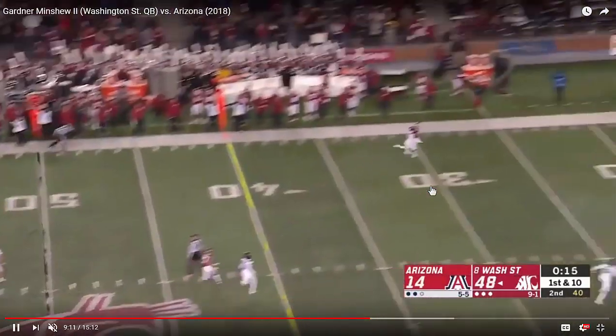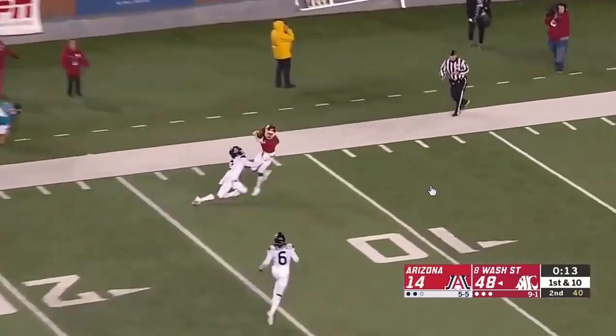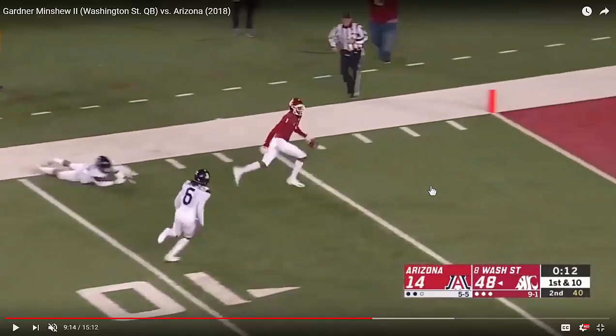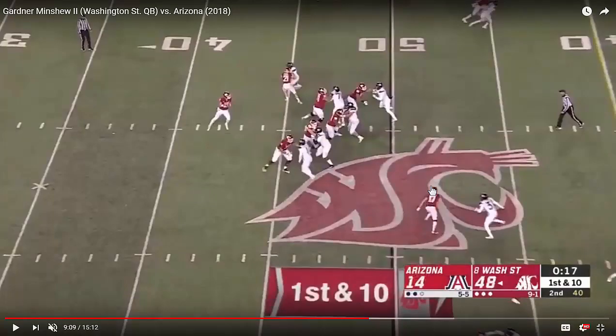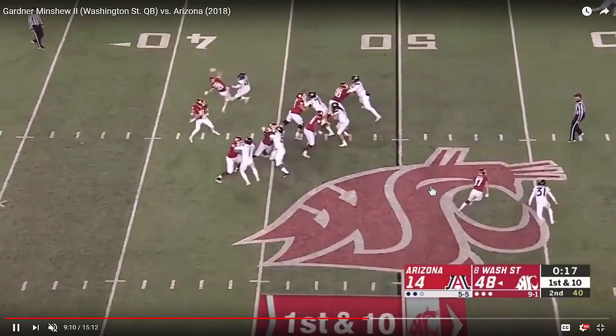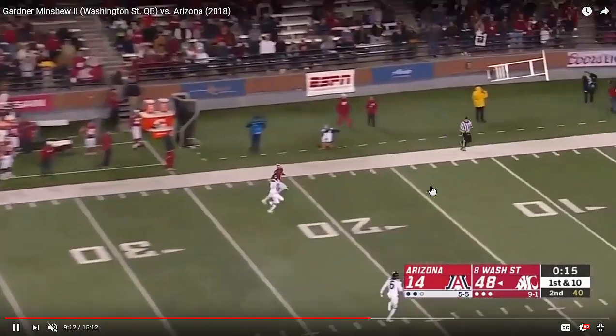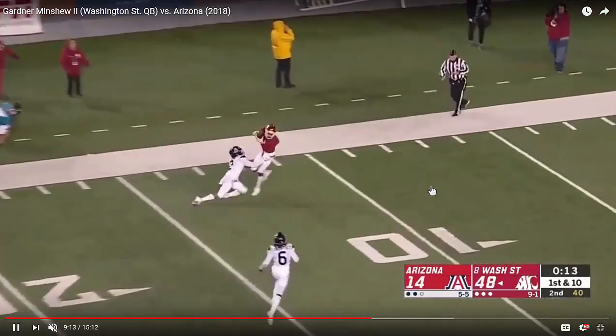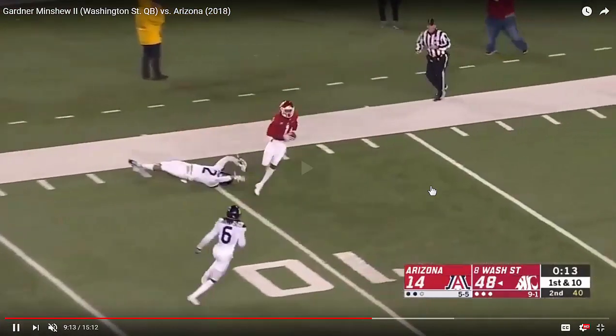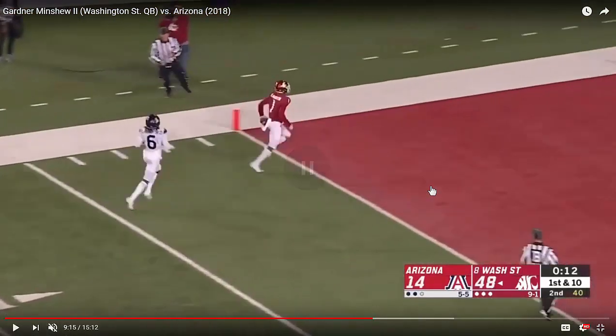So you've got pinpoint accuracy, general accuracy, and then you have inaccurate, or if the receiver happens to catch an inaccurate ball, it's a difficult catch, and you give more credit to the receiver there. And if the receiver drops that type of play, then I wouldn't count it as a drop. I'd count it as basically it was a difficult target. It was a missed target that he couldn't catch,